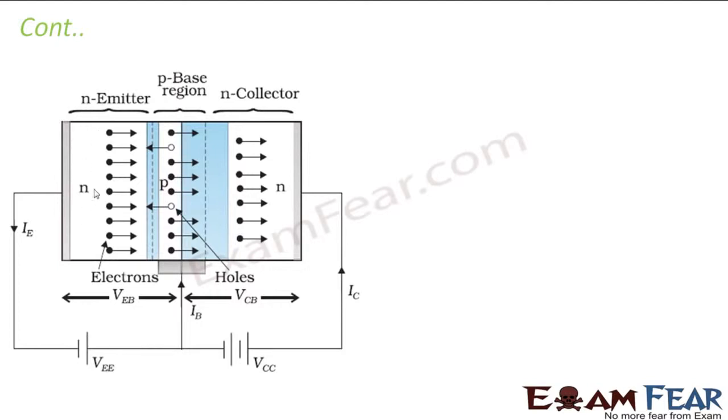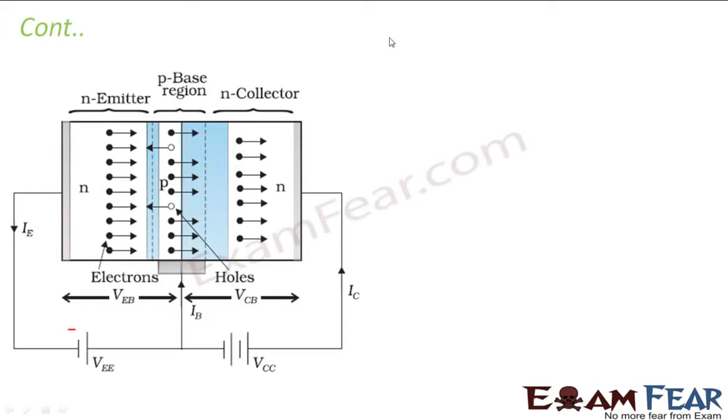In this case, what happens? This region N has a majority of electrons, right? And it is forward biased. So because of this negative voltage, all the electrons present here start moving towards the emitter-base junction, that is, electron diffusion takes place. Similarly, the holes present on the P side also start moving towards the N side, but on the P side there are only a few holes, whereas there are so many electrons on the N side. That is because the emitter is heavily doped, so it has more free electrons, but the base is lightly doped, so it has a lesser number of majority carriers, right?